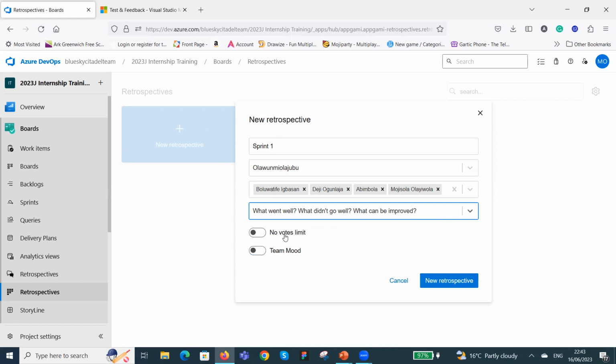So, number of votes. If there are no vote limits, you just want them to vote, have unlimited votes and all that. If you want them to vote, if you enable that, then you're able to pick: you want each member to have at least 8 votes, or at least 10 votes, you're able to pick it there. Also, if you want to use the team mode, you don't have to, but if you want to use it,